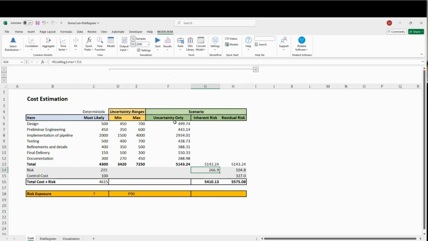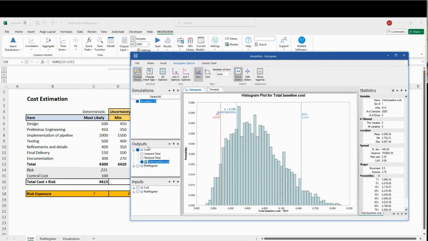So what's going to happen? Remember that I already ran the simulation. Let me show you here. I have my baseline cost here. This baseline cost didn't include any risks, but as I included the risks, all the 5 risks that you saw,